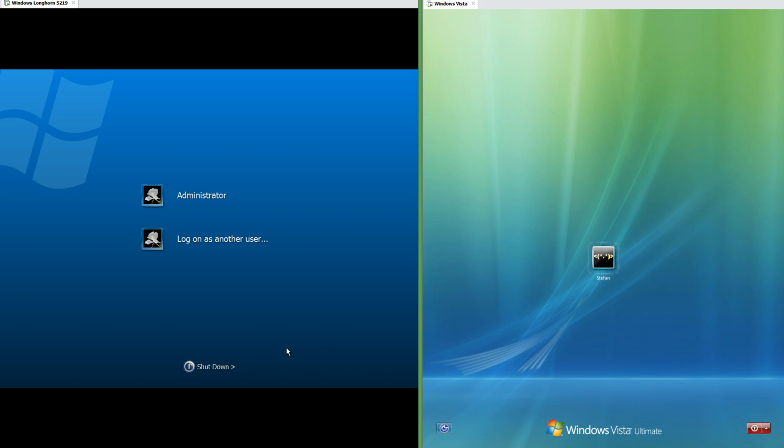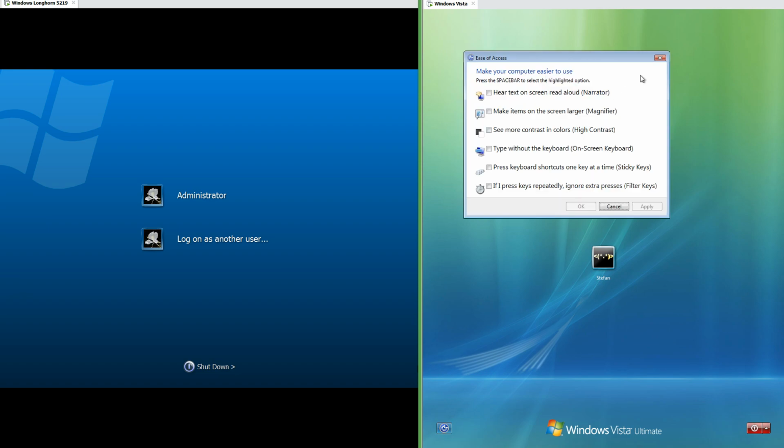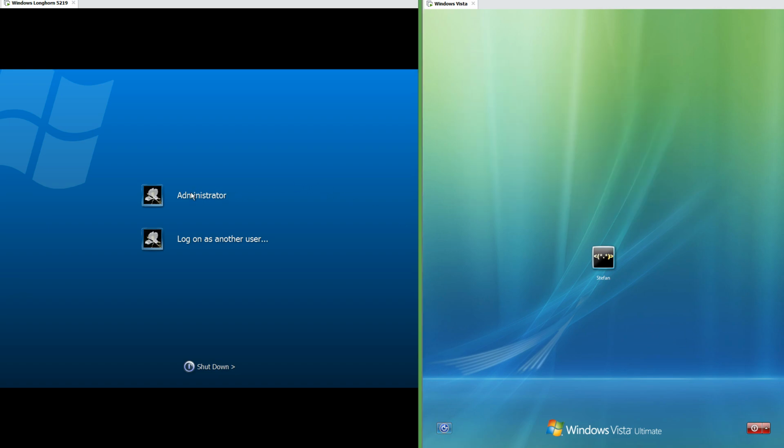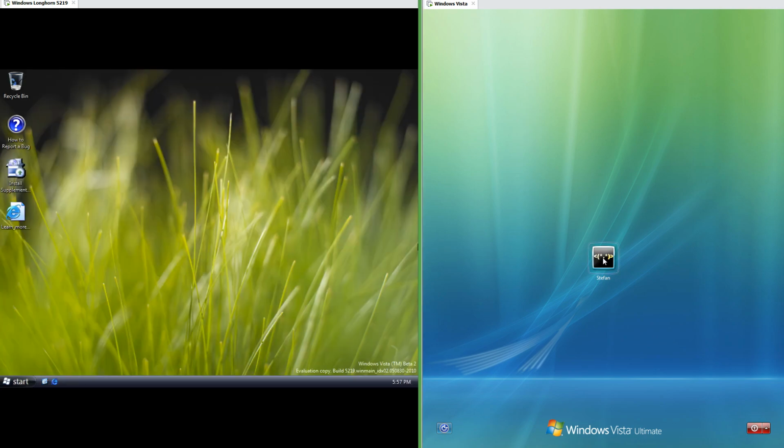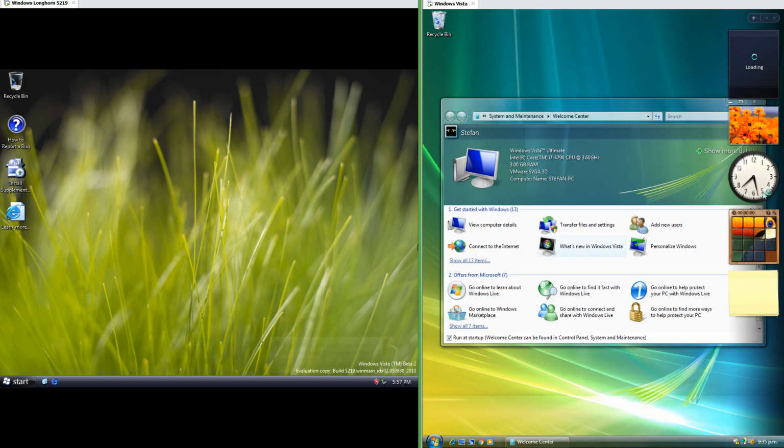In Vista Artium it has the name of the operating system in the bottom center and a red shutdown button in the bottom right with an arrow next to it that brings up a list of options and clicking the main part of the button shuts down, and an ease of access button in the bottom left. In Vista Beta when you click on a user it asks you for a password even when that user doesn't have one. In Vista Artium if you click on a user that doesn't have a password it just logs on.